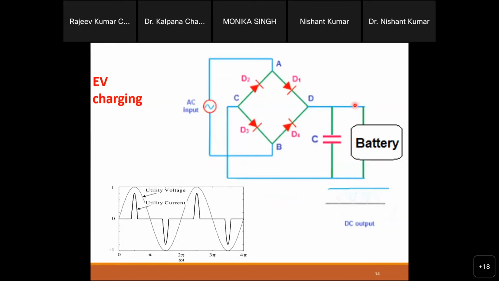Then on this side, if you look, you will realize the currents are absolutely fine for your device, for your battery and all, and everything is okay. But on the input terminal, what type of waveforms are you going to find? You will see that at the input terminal, the currents look like this. This is the current waveform. If this is the current waveform on the input terminal, it means what?